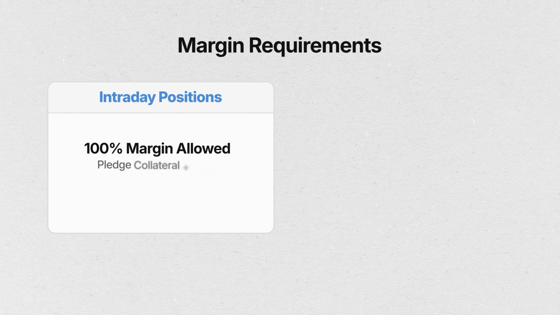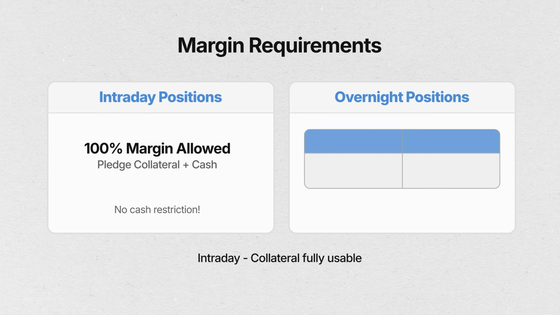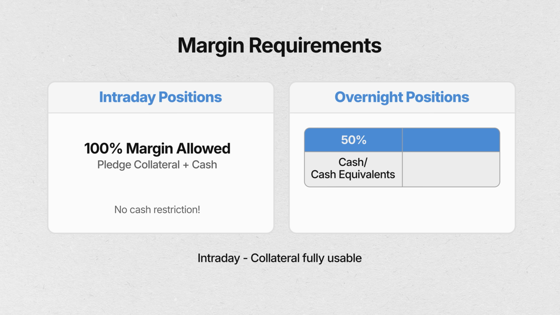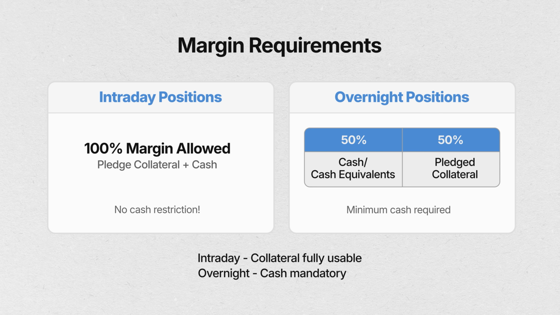Now in the F&O segment, positions can broadly be of two types, intraday and overnight. The margin required for a product does not change based on how long you hold the position. However, how that margin is funded does change. For intraday positions, you are allowed to use pledged collateral fully to meet the margin requirements. But for overnight positions, there is an additional rule. At least 50% of the margin must come in cash or cash equivalents, and only the remaining 50% can be funded using pledged collateral. This so-called 50% cash rule effectively defines how much liquid cash you must maintain in your